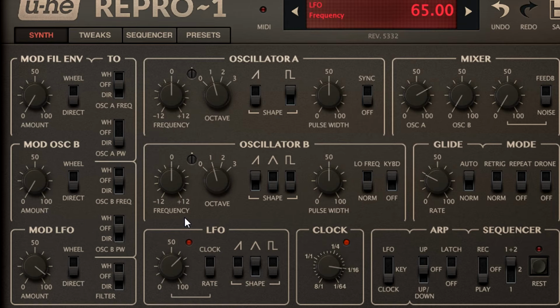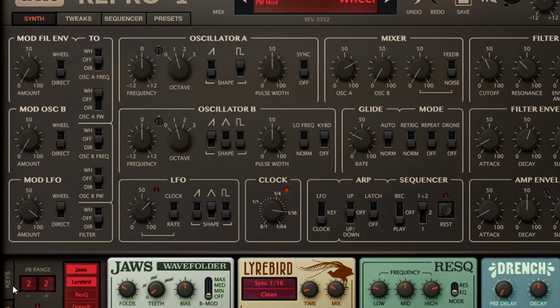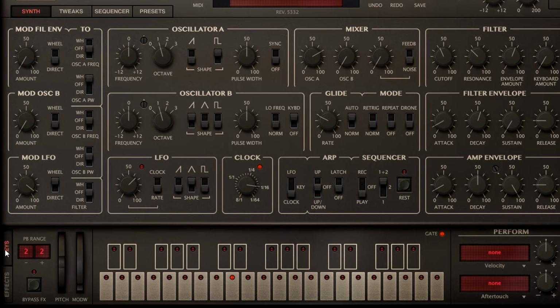Okay, but I want to be able to introduce this modulation as part of my performance, so I'm going to switch the LFO to the wheel path instead, and do the same for the oscillator A pulse width destination. The 2 paths are identical, except the wheel path has the level scaled by the mod wheel, so I can now push up the wheel to introduce pulse width modulation, and pull it back down to return to a square wave.